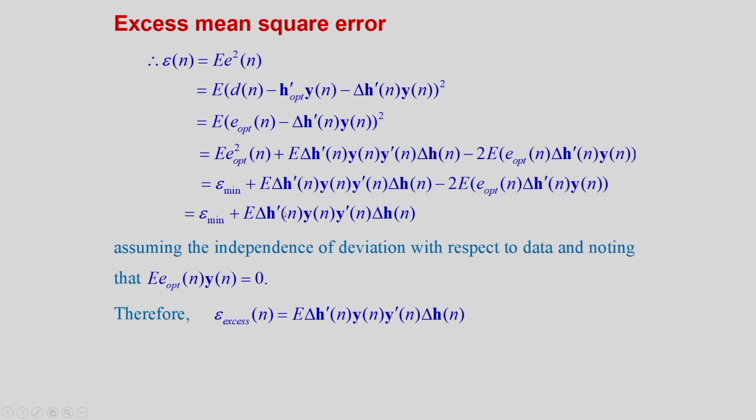delta H n yn into yn transpose into delta Hn, because this term will become 0 because of the independence assumption. We can write that this deviation, first we can write this expression is equal to twice E of delta H n transpose into E opt n